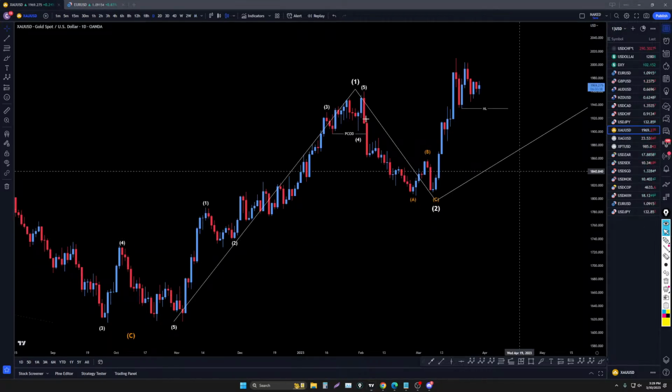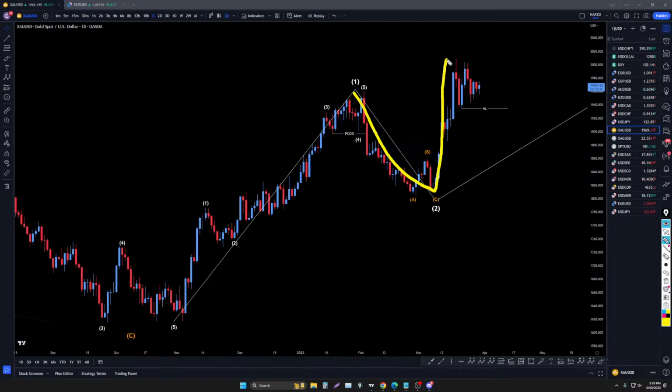Going down to the daily is where you can see the 1, 2, 1, 2, 3. I think there's a good chance, like I said earlier, that this could just keep going up. Like I've been saying, I could definitely picture it going down and taking out this structure, but even if it does, I think it's more likely to just keep going up afterwards, and it would probably just end up being like a 1, 2, and then 3 of wave 3, 3 of wave 5, that is,